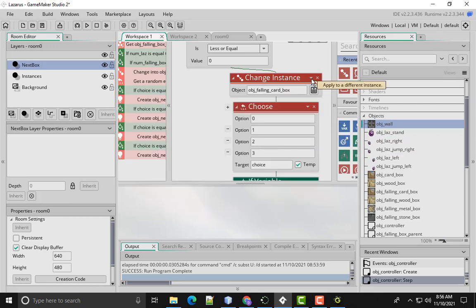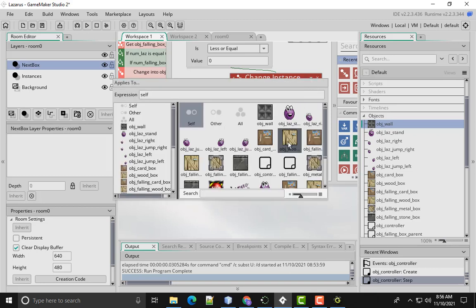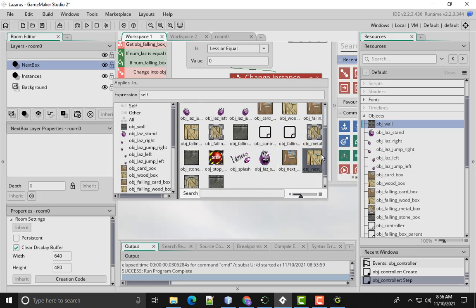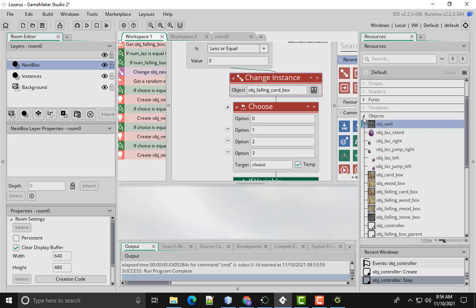We're going to change, if there exists any falling cards, what are we changing into all the next cards? Now, there's only going to be one, right? But you say change instance. This is changing the instance of,